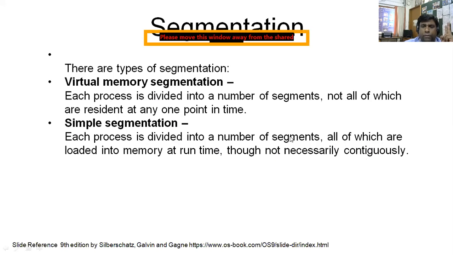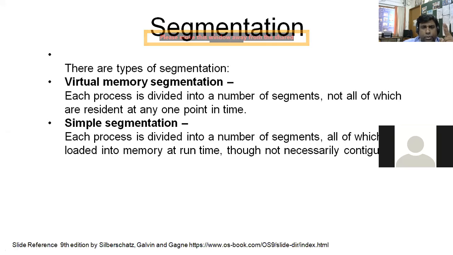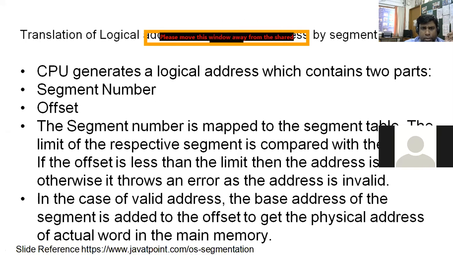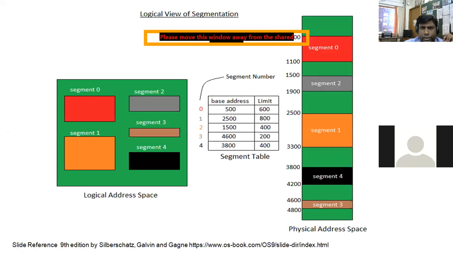एक process number of segments में divide हो सकती है, depending on the size of the segmentation and required memory by the process. कि एक process को कितनी memory चाहिए and how many segments we have. So this will decide कि प्रोसेस किस तरीके से डिवाइड होगी सिंपल सेगमेंटेशन में। और जो मैंने आपको लॉजिकल व्यू दिखाया था, दैट इज कॉल्ड द सिंपल सेगमेंटेशन व्यू।